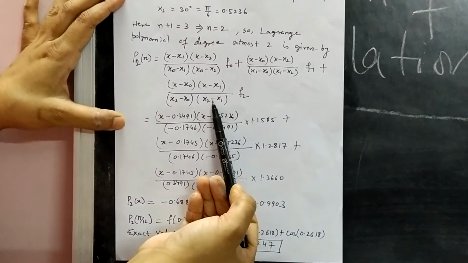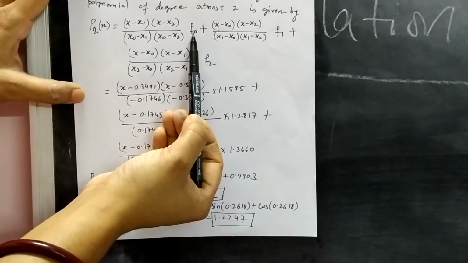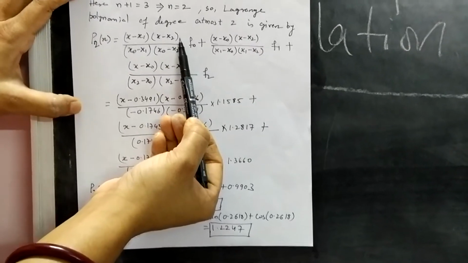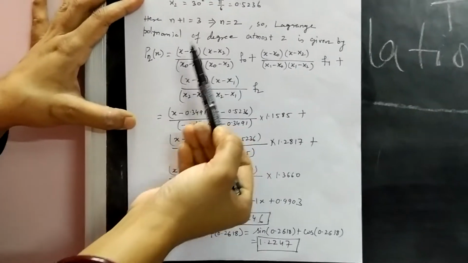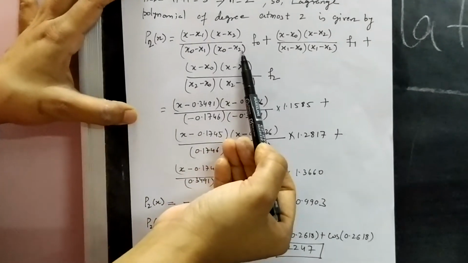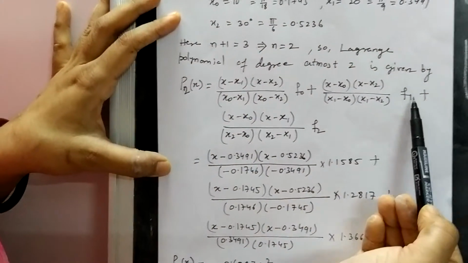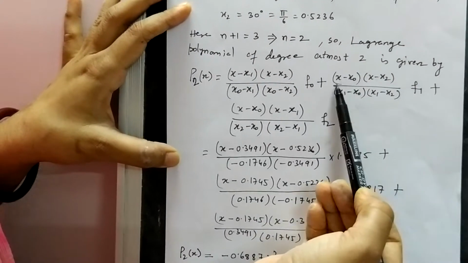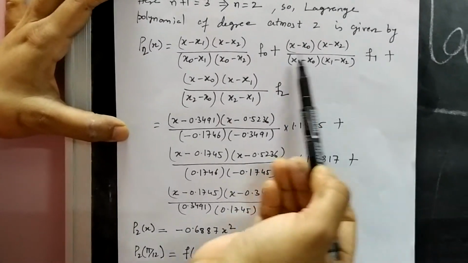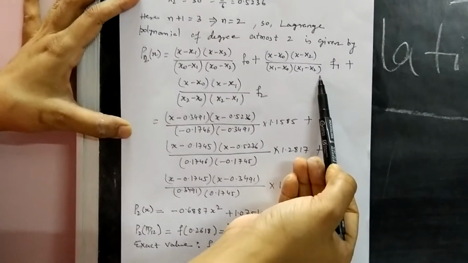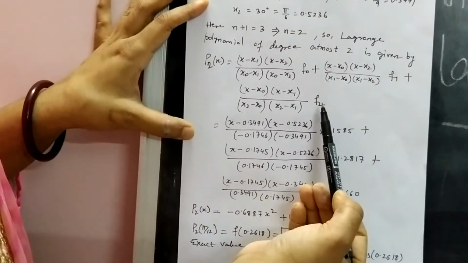This formula is also written similarly. So what is the trick? We can see over here also. This term corresponds to the interpolating point x0, so x0 will not appear in the numerator. We have in the numerator x minus x1, x minus x2, the remaining points, and in the denominator x0 minus x1, x0 minus x2, times f0, plus. The second term corresponds to x1, so x1 will not come in the numerator. The formula is x minus x0, x minus x2 divided by the differences from x1: x1 minus x0, x1 minus x2, times f1. Third term: x minus x0, x minus x1 by x2 minus x0, x2 minus x1, times f2.